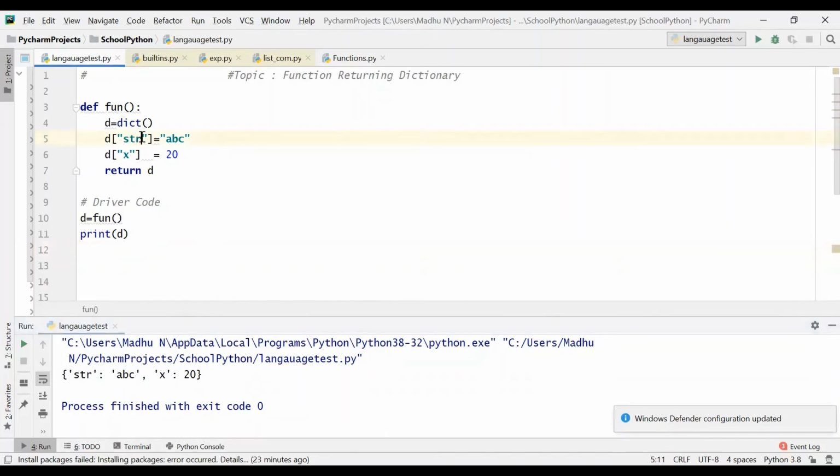I will explain you again. So here str is a string, so we can create it with a single quotation or double quotation. So I am changing it to a single quotation mark, since it is a string,